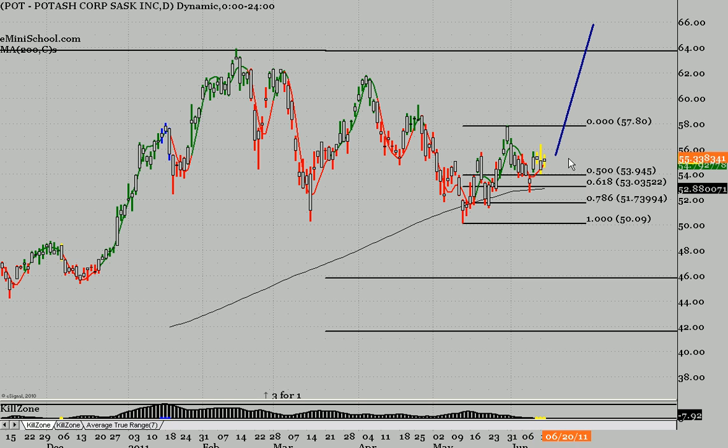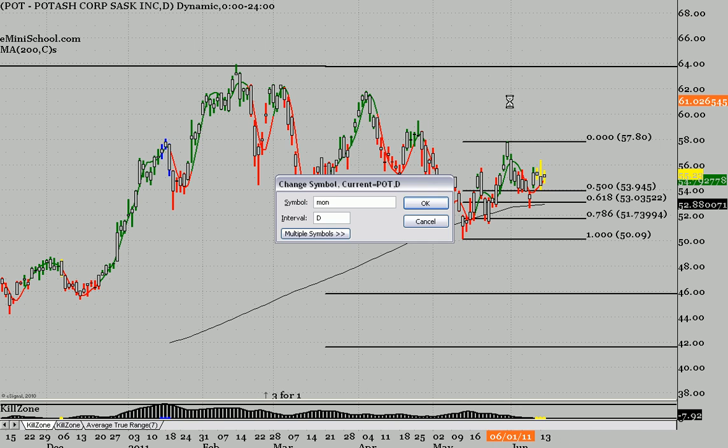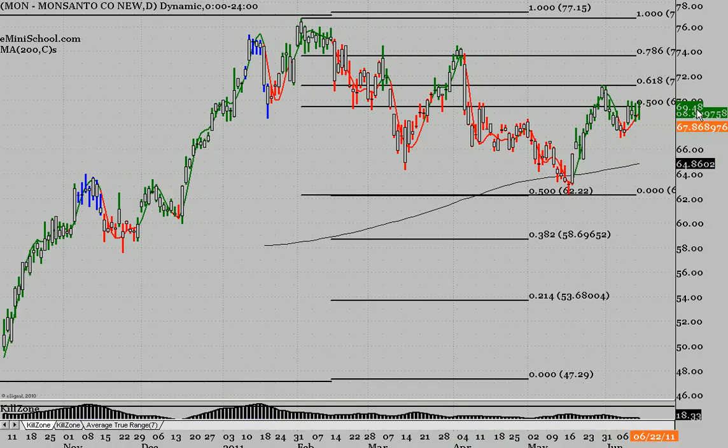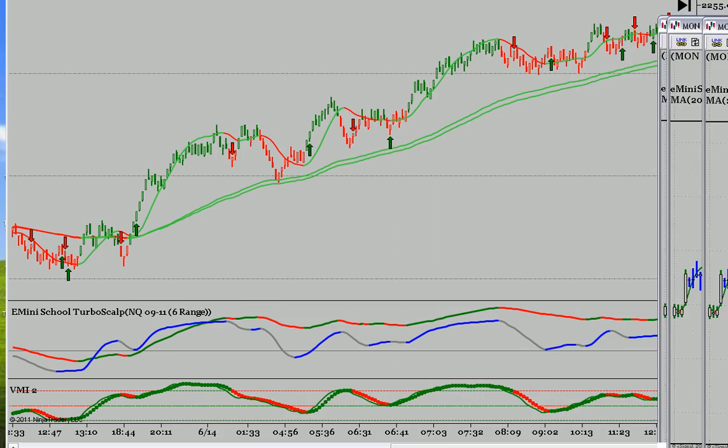We broke this down for them in our members video, but we're looking for, if this gets triggered, a new high. And those aren't weekly options, those are going out July, August. POT and MON are on our watch list. We might get triggered tomorrow. So let's look at